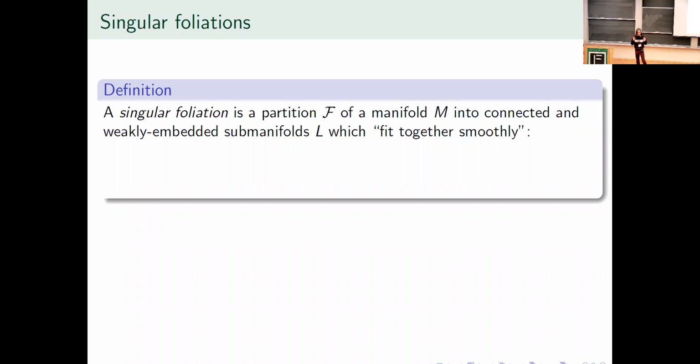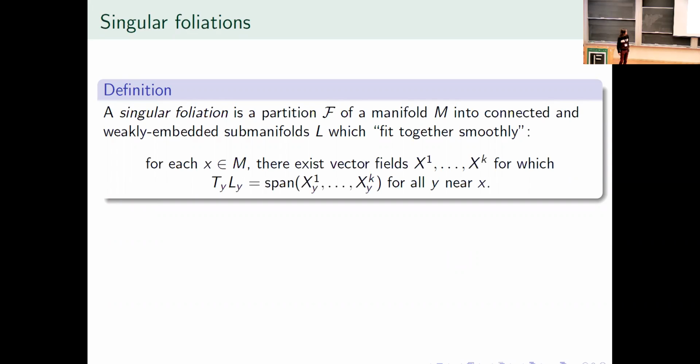And there's a smoothness condition. They need to fit together smoothly in the following sense. It's a bit wordy, but I don't think it's too bad. For each point in the manifold, you can find a collection of vector fields, and these vector fields will locally span the tangent spaces to the leaves in the neighborhood. So in particular, they have to span the tangent space to the leaf at X, but also the leaves near